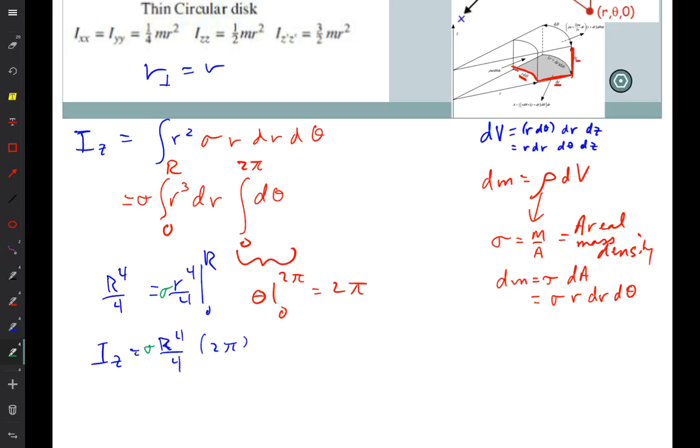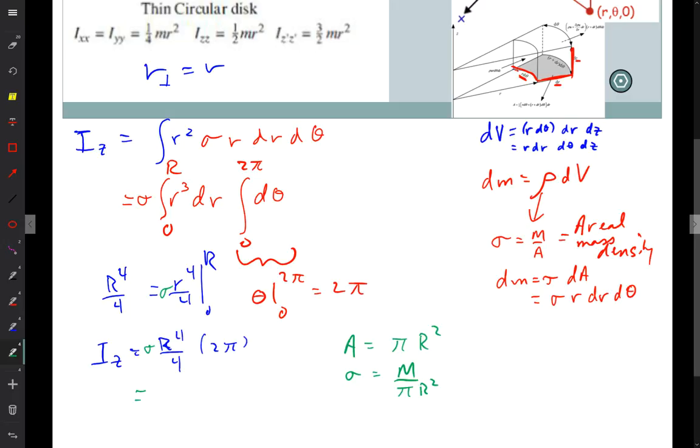Of course, we want to now go from the sigma back to mass. So the relationship between sigma and mass was that sigma is mass over area. What's the area here? What is it the area of? The area of a circle. So the area is pi times radius squared. Sigma is equal to mass over pi times radius squared. So if I put that in, I will have